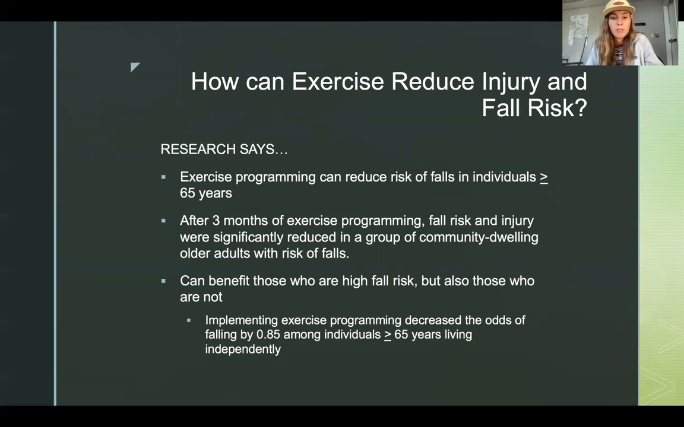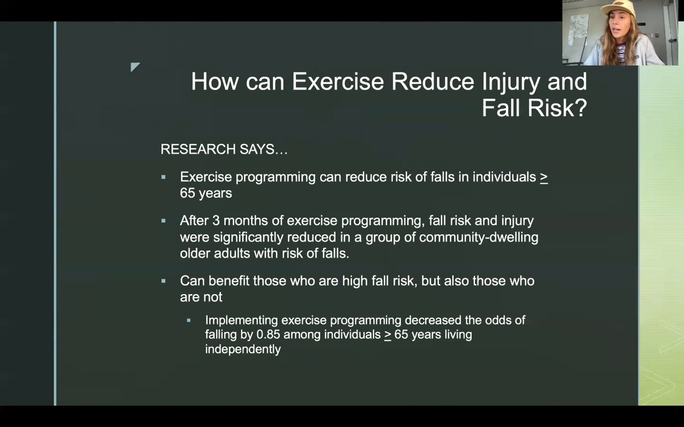And in one research study, I found after 3 months of exercise programming, fall risk and injury were significantly reduced in a group of community dwelling older adults with risk of falls. So this is a population that is at risk, and after 3 months of exercise programming, the risk was reduced. And not only